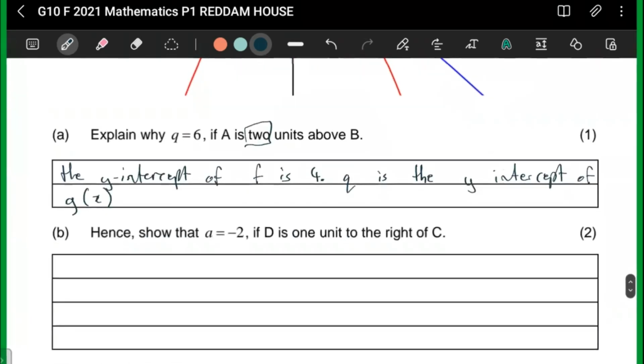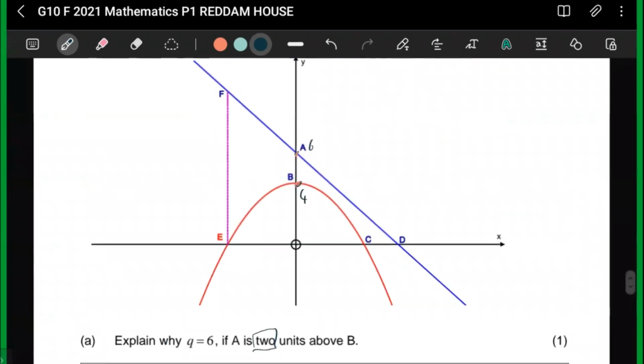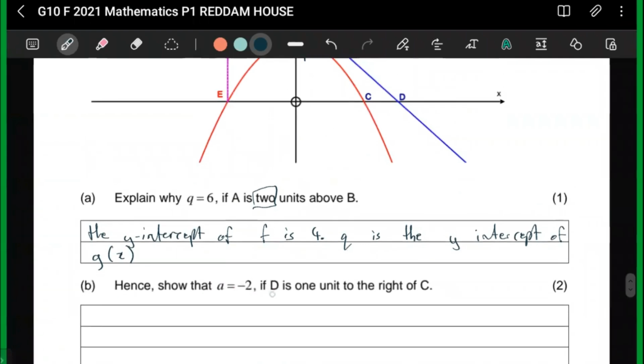Here it says, hence show that A is -2 if D is 1 unit to the left of C. So D is 1 unit... whoa. If D is 1 unit to the right of C. Really, how did I read left when it was saying right? Wow, that's just so weird. But anyways, yeah, they said here,